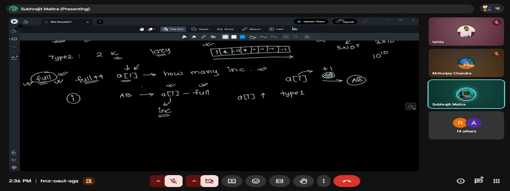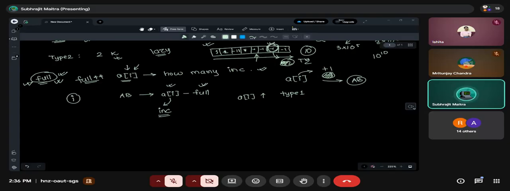This is used in many places, where I let myself be lazy. I do not need to decrement all the values instantly when it becomes full. Suppose for this index we are reducing it 10 times, but in the type 2 query we have never been asked about this index.